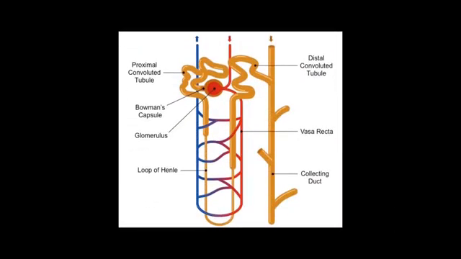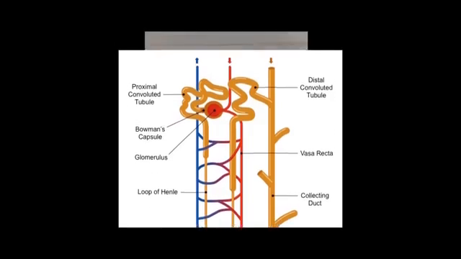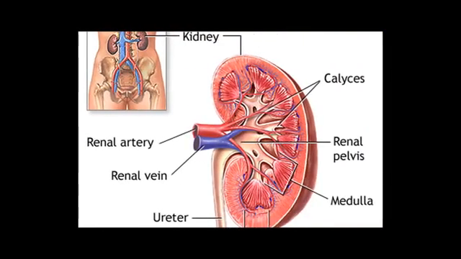We have discussed in the previous class the structure of the nephron. The urine is formed in the nephron. It opens into the pelvis. The pelvis leads into the ureters. Here, after formation, the urine is collected into long tubes called ureters. These arise from the hilus region of the kidney.